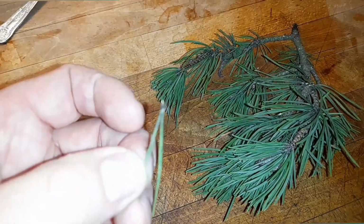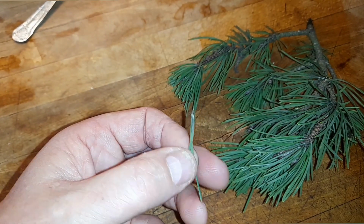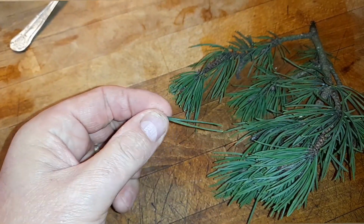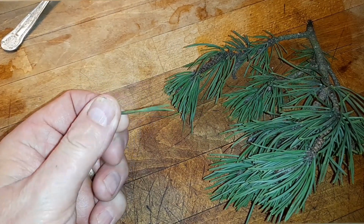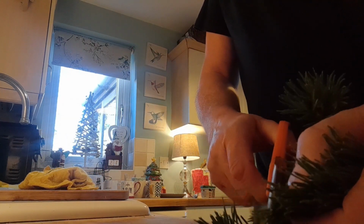If you pull one of the needles off, it's got like a fork. It's two pine needles joined together. The stem, I like to pick that bit off or cut it off, because they say it's a bit bitter. I find it easier because it's easy to get, so I just get a scissors